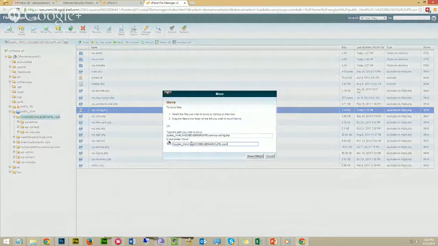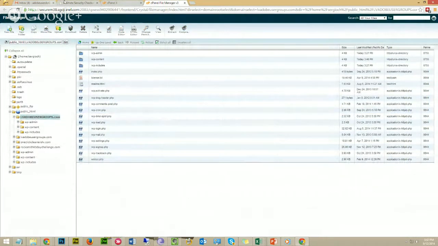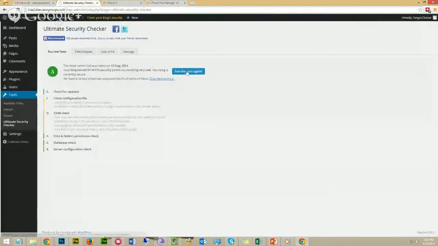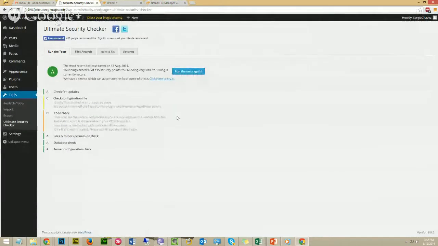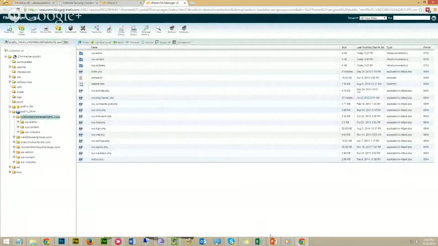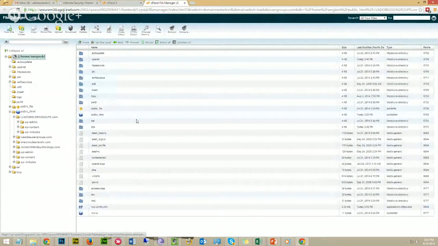I'm going to bring it 2 levels up, right? And it might break our site. I don't know. Let's go see. And run the test again. Yeah, it broke our site. So in this case, we're not going to be able to, but always move your config file 1 level up. Always, always, always. There's other stuff you can do to protect it, but we're going to go back and see